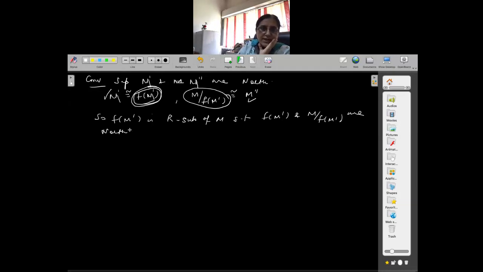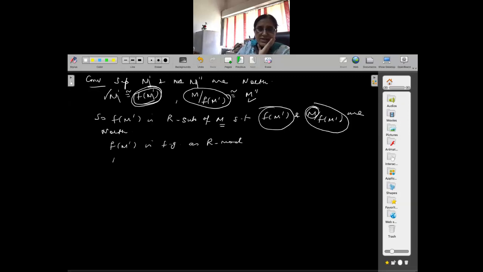So now you show that M is Noetherian. Show that this is finitely generated as an R-module. This is the question. f(M') is finitely generated as an R-module, and M modulo f(M') is finitely generated as an R-module.